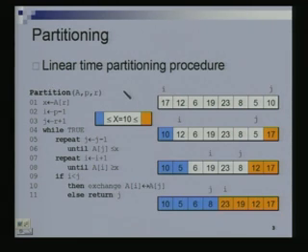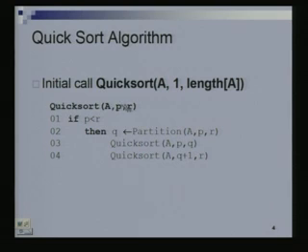You said that it is an in-place sorting algorithm, but here we are making recursive calls. Won't that cause the space to be piled up? Because the initial calls will be piled up in the stack. So would it take space on the stack? It will take, okay, so when we call quicksort recursively, note that